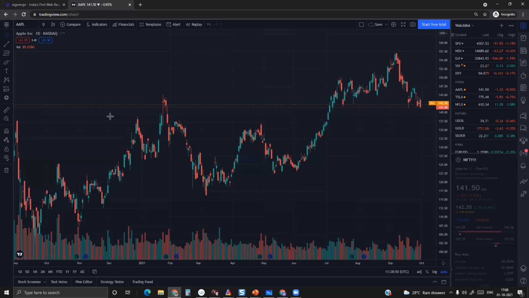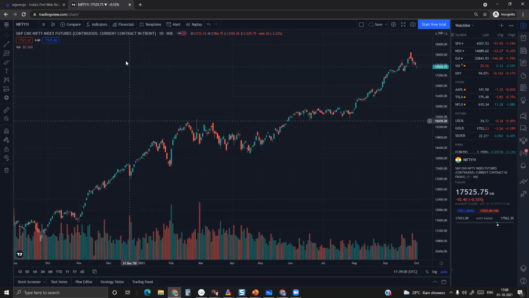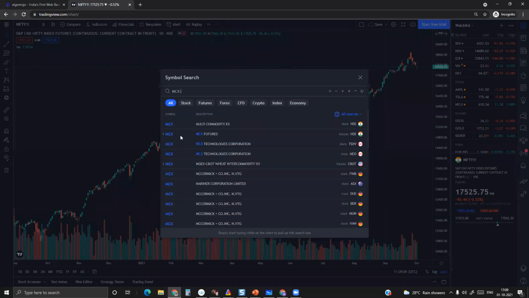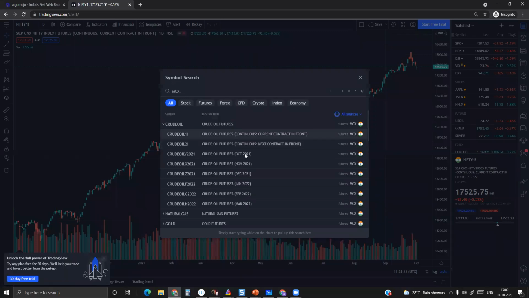If you want to access commodities, right now crude oil, I'll pull up crude oil here. You just simply type MCX colon, which is the exchange name, and you will get access to the MCX current month contract and next month contract. If you want the contract-level data, the October month contract alone, you can get that non-continuous contract too. This is a continuous contract, which means when one contract ends, the next contract is automatically stitched over. Now, the best part is that I can automate.